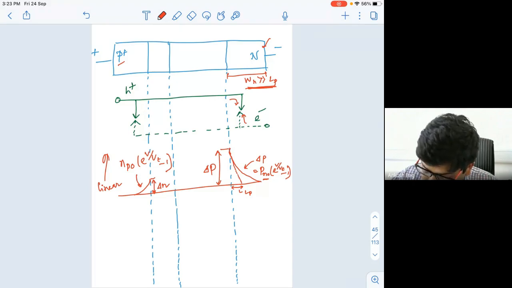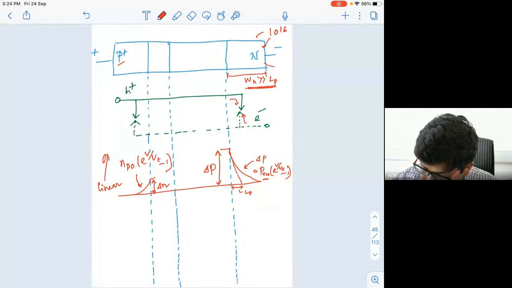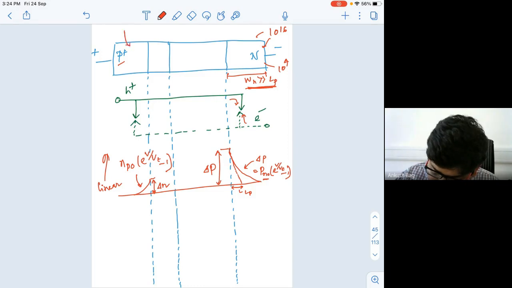Now this is slightly doped. So if I give you this example, let's say it was doped 10 to the power 16 level. If it is silicon, then your Pn naught will be 10 to the power 4. That means if your electron concentration is 10 to the power 16, your hole concentration will be 10 to the power 4. This is under equilibrium, not biased. And now this is P plus, that means it is highly doped. So let's say here the hole concentration is 10 to the power 17. What will be the minority carrier or electron concentration here? That will be 10 to the power 3.